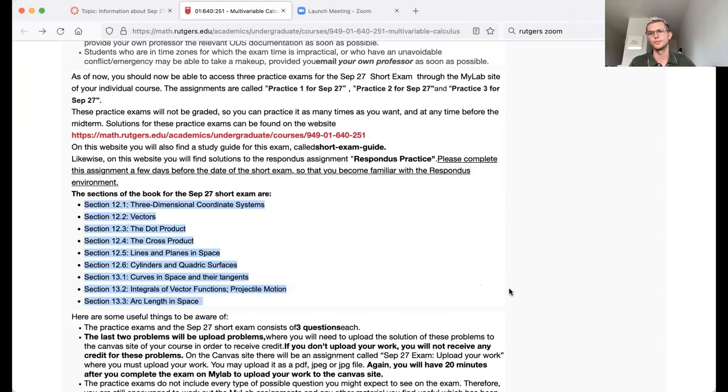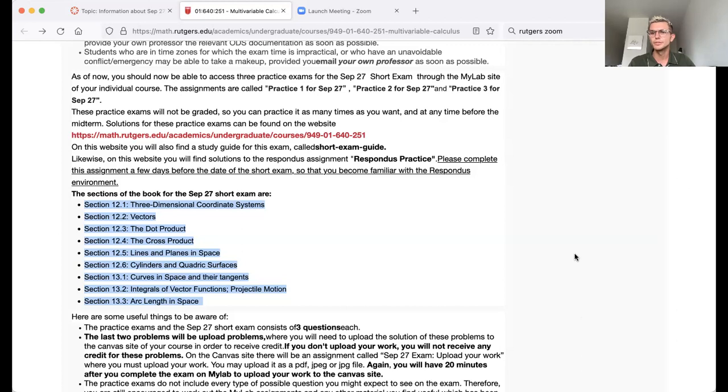So you're not allowed to use a calculator. For example, if an answer has arc cosine of 50 degrees or whatever, you just write it. Well, it depends on what you mean. MyLab, for example, will